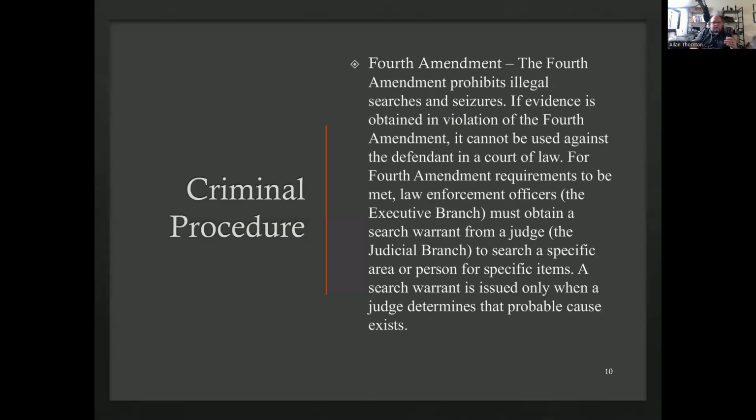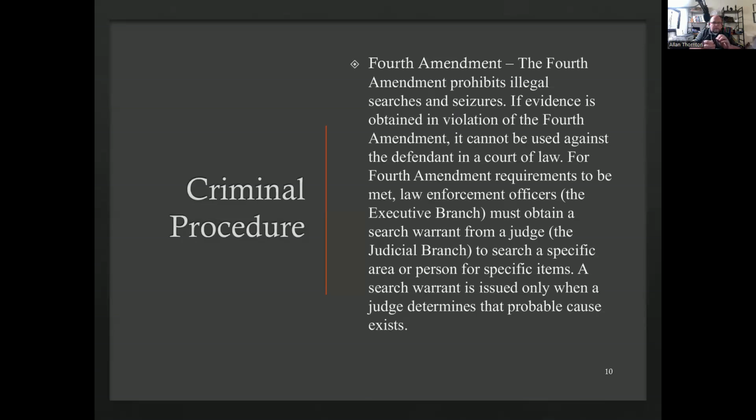Now, the Fourth Amendment states that it needs to be for specific persons and specific items, those types of things. The warrants will lay out what they're looking for, what they're searching for, and the area they're going to search. It'll lay out the reasons behind it. It'll have all those things within it. There are certain things that can happen that will allow law enforcement to step outside the warrant just a bit, but those are unique, and we'll talk about those also.